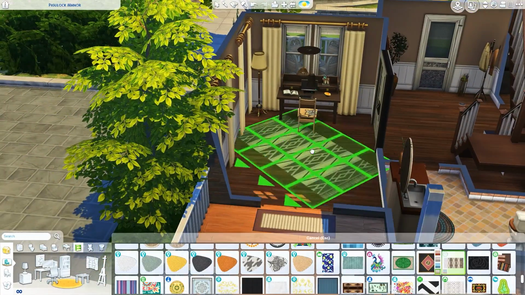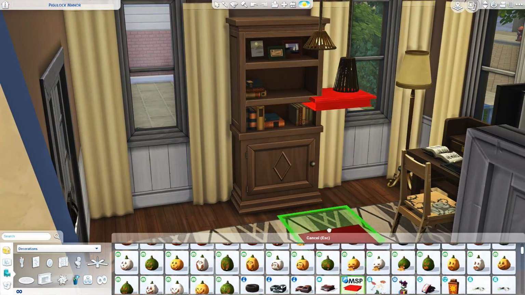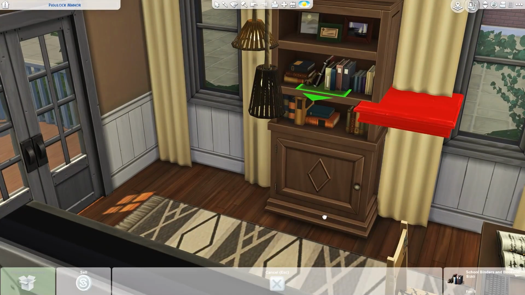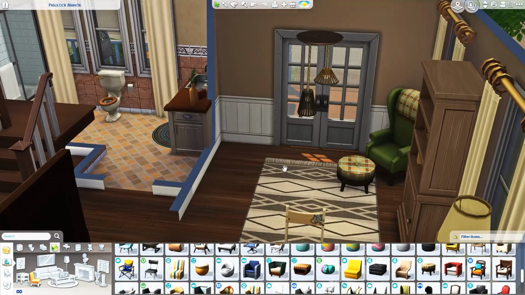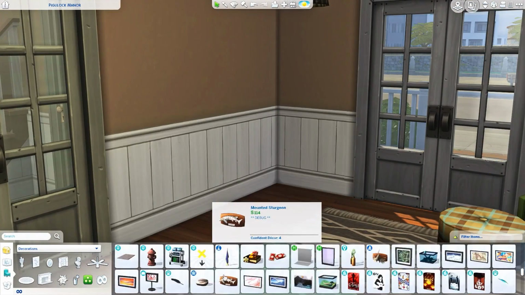But over here is going to be that office space that I was talking about. I really love this room. It's very simple, but I think it's one of my favorite rooms in the whole house. Over here I do have a bookcase. There's the computer desk. Obviously I cluttered it up with a few different things. I put a chair over here, and the ottoman that I put in front of the chair will make the